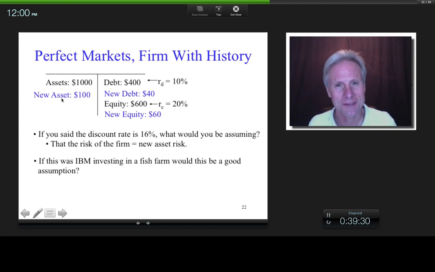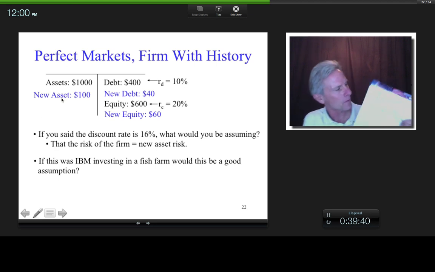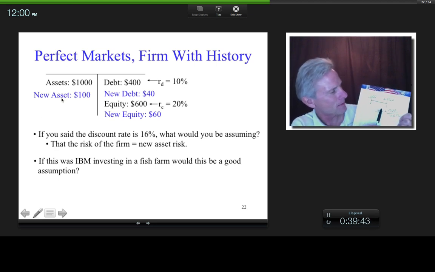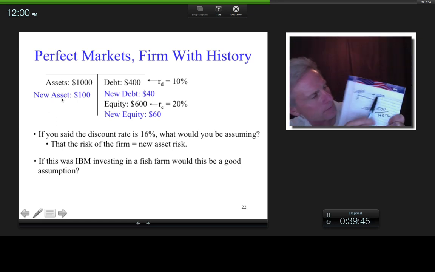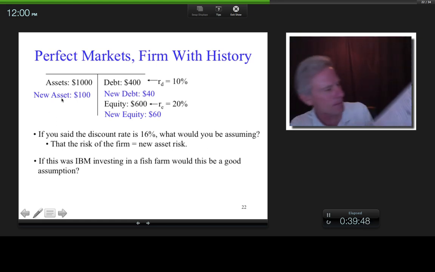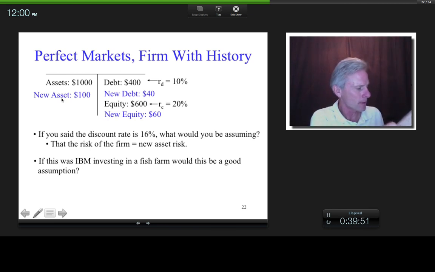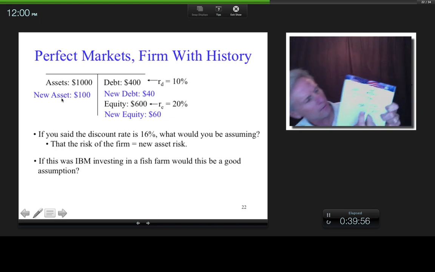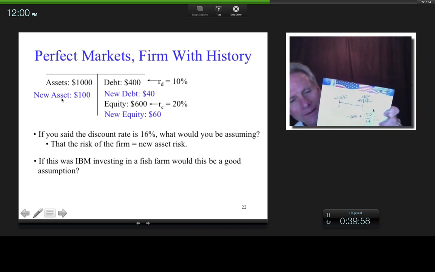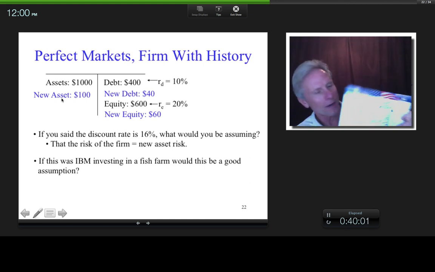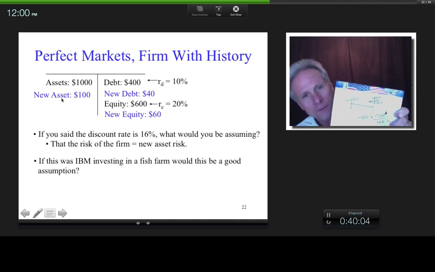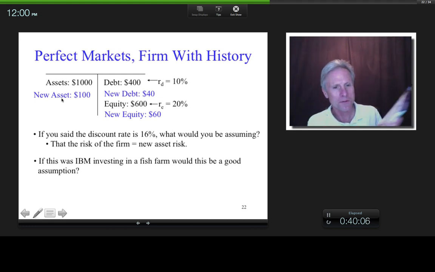Because that's what you're analyzing, okay, for the discount rate. Now, of course, in IBM's case, since they don't know how to operate a fish farm, if we go back to this example, okay, if this is the fish farm, and IBM doesn't know how to operate a fish farm, well, IBM probably wouldn't have something like that. Maybe because they're really bad, maybe they spend 1,000 and they only expect to get 800, right? But the discount rate would still be reflective of fish farm risk. And so therefore,